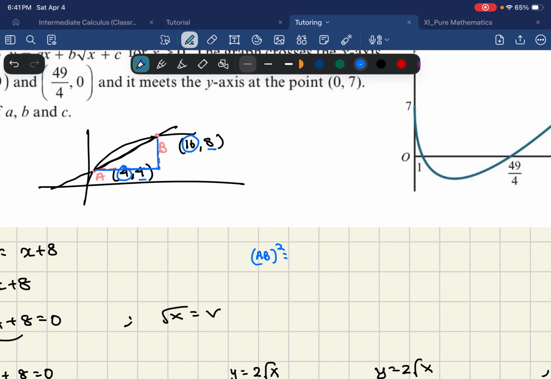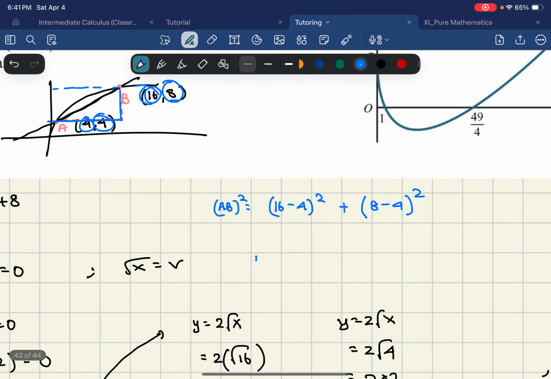So 16 minus 4 squared. So I come 16 units here, I come 4 units here. So this length is 16 minus 4, and this one is 8 minus 4. So you just take the difference between the y coordinates, 8 minus 4, and then you square it because a squared plus b squared is equal to